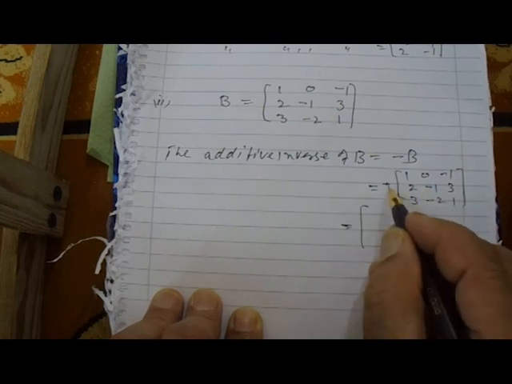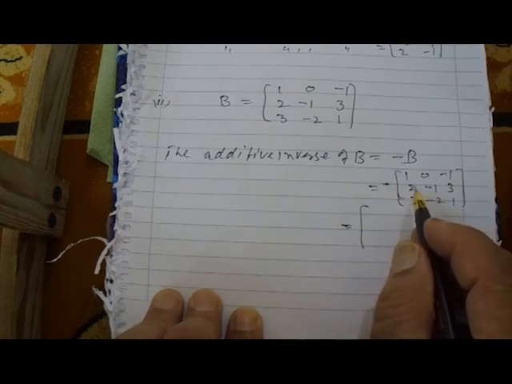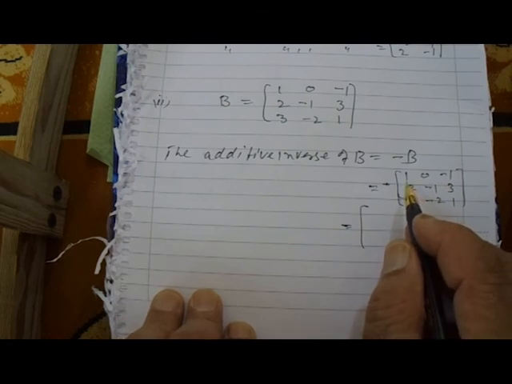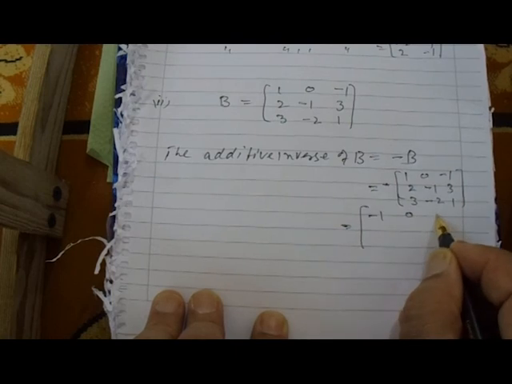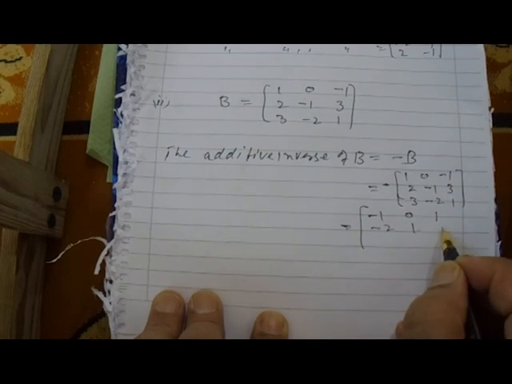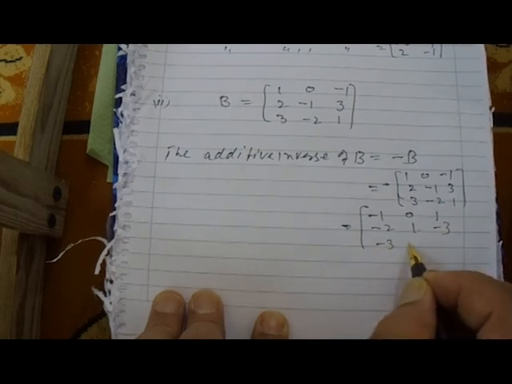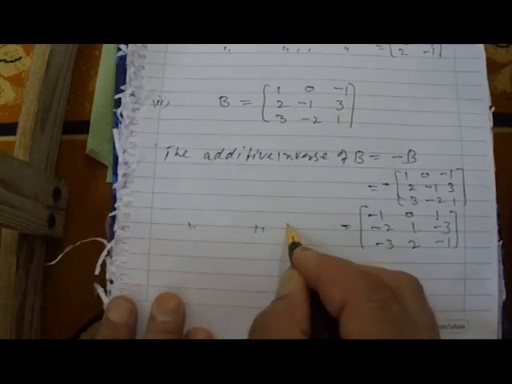When we multiply minus with elements of the matrix, it means you change the sign of the matrix. If an element has a plus, positive sign, you make it negative. If an element has a minus sign, you make it positive. Now 1 plus, you make minus 1, 0 same, minus 1 becomes plus 1, minus 2, minus 1 plus, minus 3, and minus 3 plus 2, because minus 2 becomes positive 2, and minus 1. Now it is the additive inverse of the matrix B.